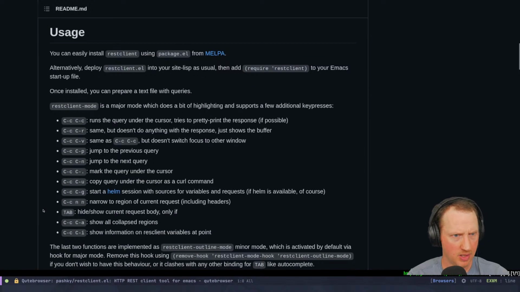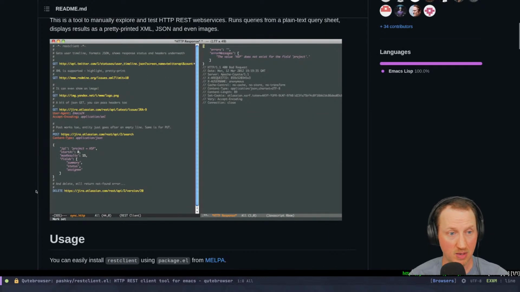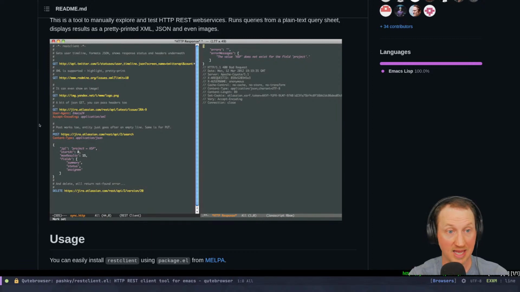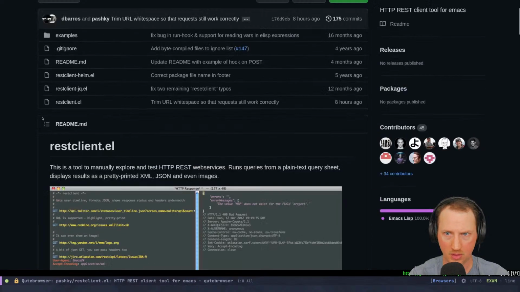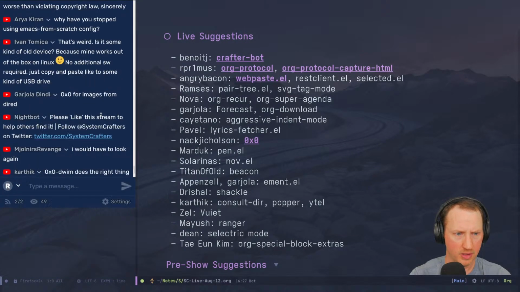And usually you'll get a JSON format back, which is a simple JavaScript-like object format. So this is a very useful one for people who need to do some testing of services, or maybe you're poking around to see what kind of information you'll get back. Maybe you're reading documentation of the API page of a particular service that you want to use. And this can make it a lot easier to try that out. I haven't used it much because I don't really work with REST services as much as I used to, but I did use it in the past. It was very useful.